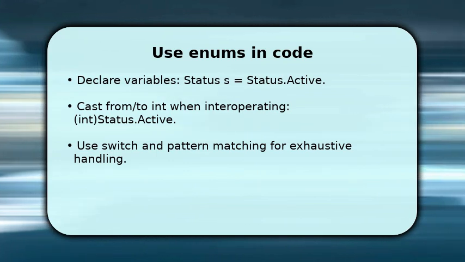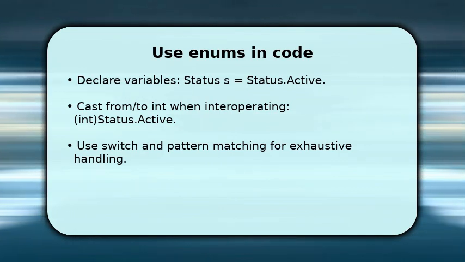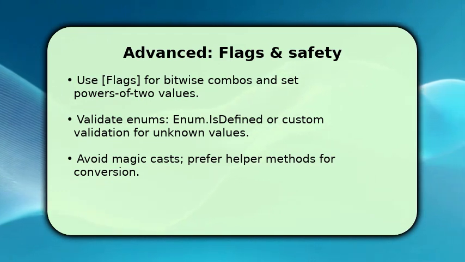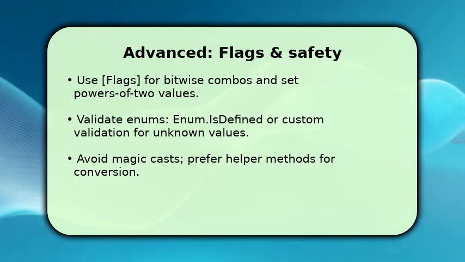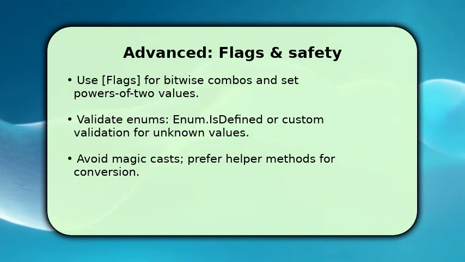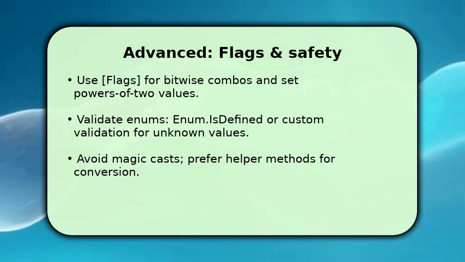Finally, choose flags when values represent combinable options and assign powers of 2 values so bitwise operations work correctly. When reading external data, validate with Enum.IsDefined or map values explicitly to avoid invalid states. Once complete, provide helper methods to parse, format, and convert enums rather than scattering casts. This encapsulates behavior and reduces bugs. Troubleshoot by checking underlying values and using